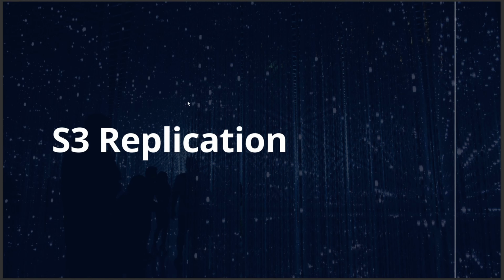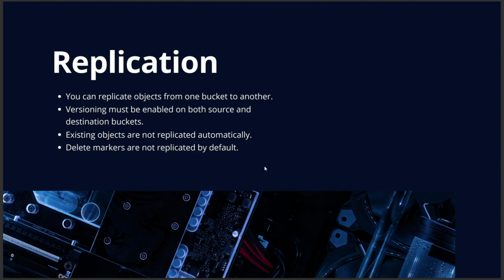In today's video, we're going to be talking about S3 replication. So let's dive right into the video. What is replication? Replication is where you can replicate objects from one bucket to another. For example, if you have an object in bucket A and you want that object to also be in bucket B, you can create a replication rule where whenever that object is uploaded to bucket A, it automatically gets replicated